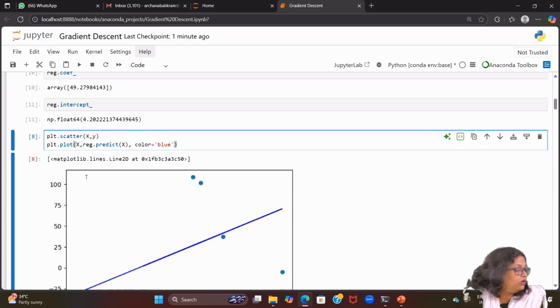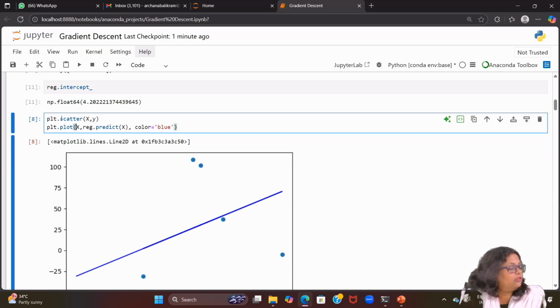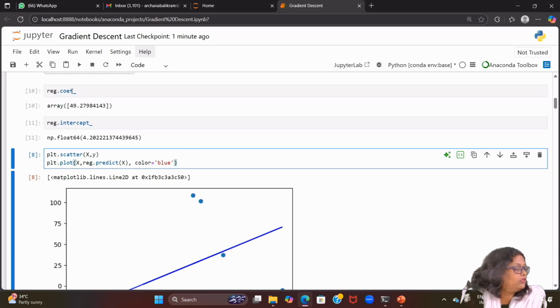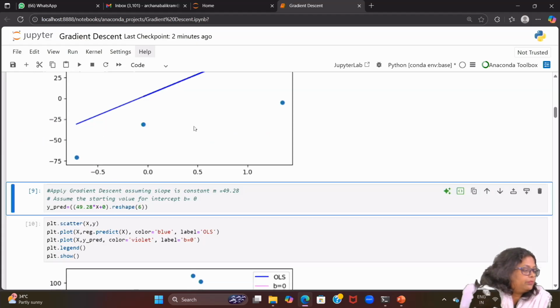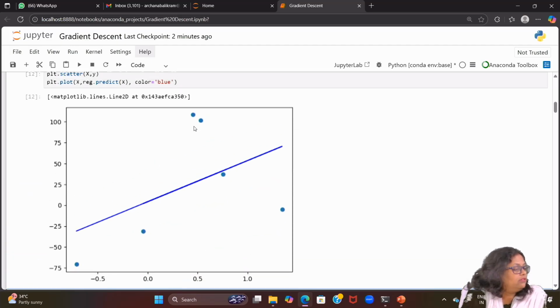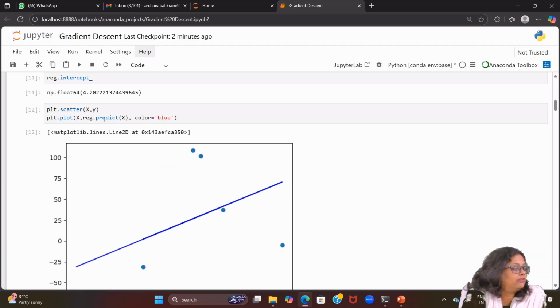Now what we are doing here, again we are making this plot with plt.scatter, and we are passing x, the value which we have, and then we are passing another value from the prediction. So we pass reg.predict(x), and then check this one. We pass x, and then we take reg.predict(x).